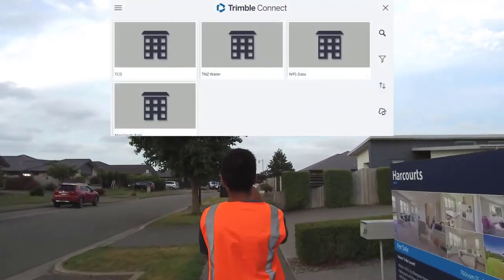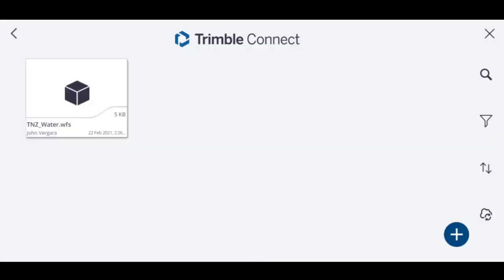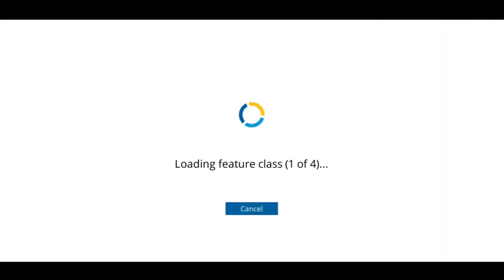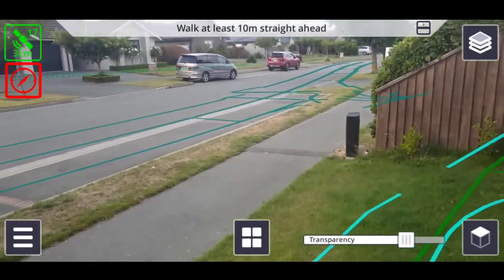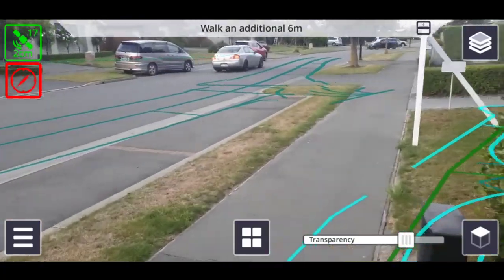Once you're in the field, you can load your .wfs file from Trimble Connect just like you would any other model. When you load the WFS file, SiteVision will download and display all data within 500 meters of your current position. Walk 10 meters to orient SiteVision as usual, and your feature service data will automatically adjust itself to the correct